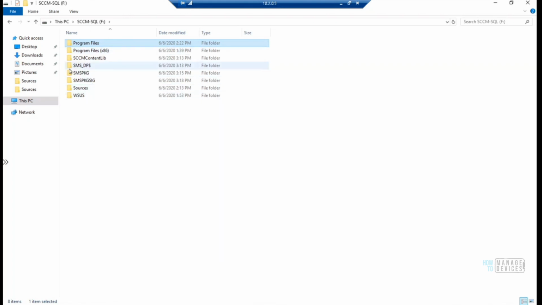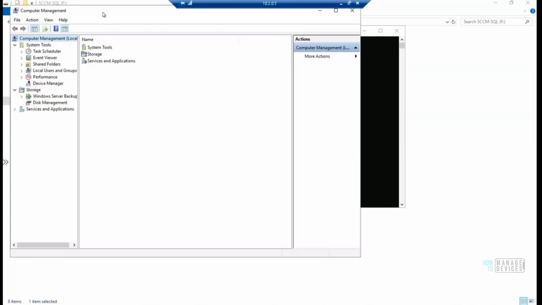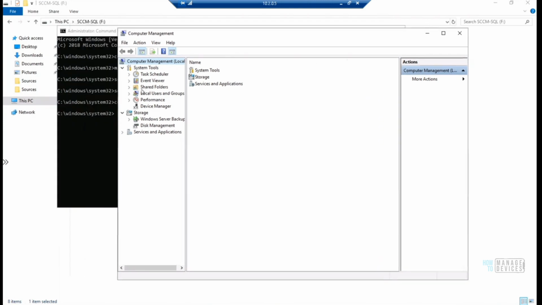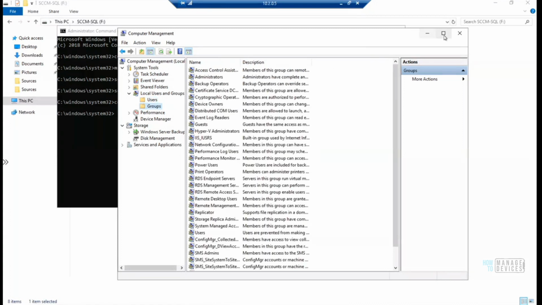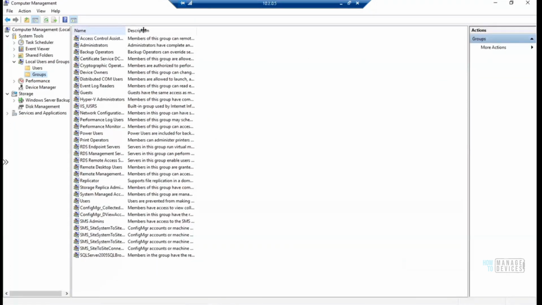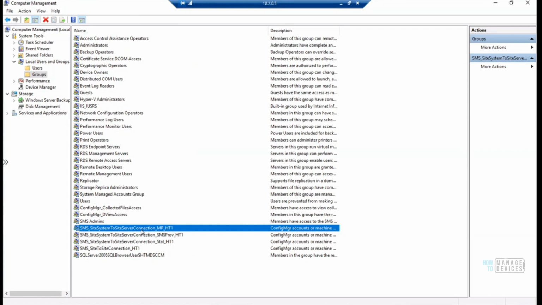So before going into the console and going through the console, let me show you one other interesting piece, right? In the local users and groups, you would be able to see a lot of different groups which are related to SCCM, right? Some of the groups are not very relevant for the